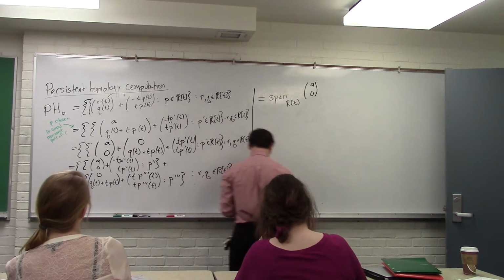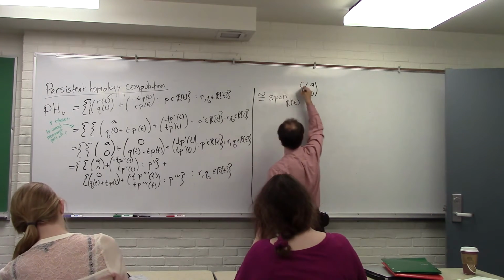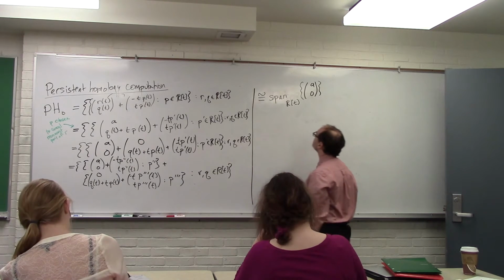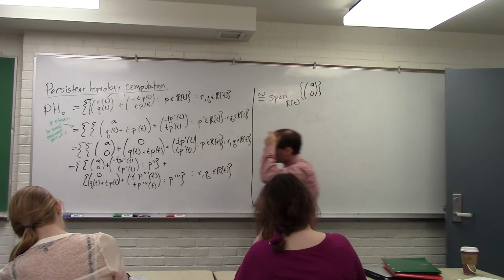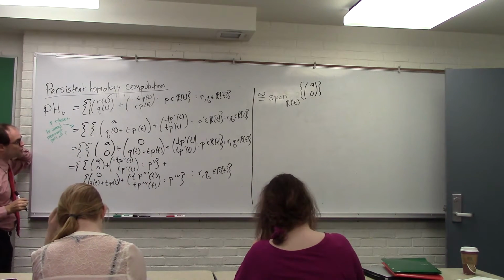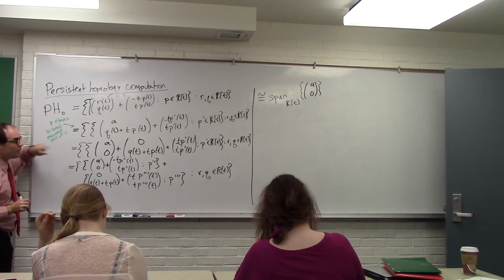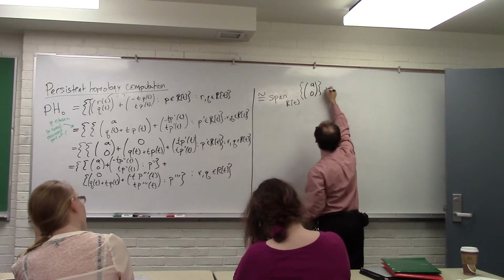So this is a quotient still. But up to isomorphism, it's the span of just this. No longer an equation exactly, because I'm now realizing that this is really being parameterized by just one thing. Remember, my coefficients are polynomials. But I'm not done. That's the first part. The second part